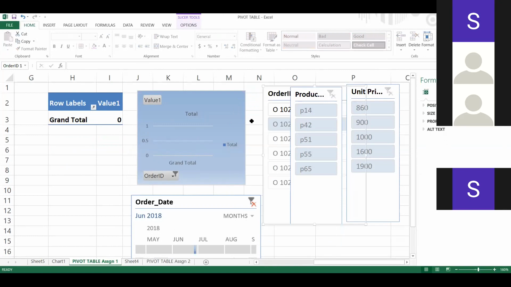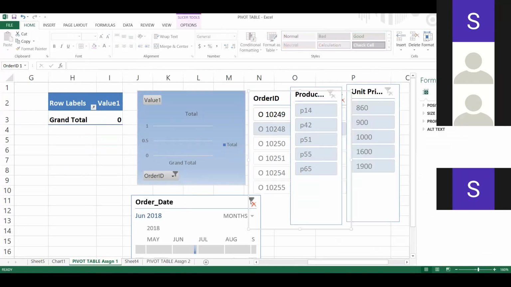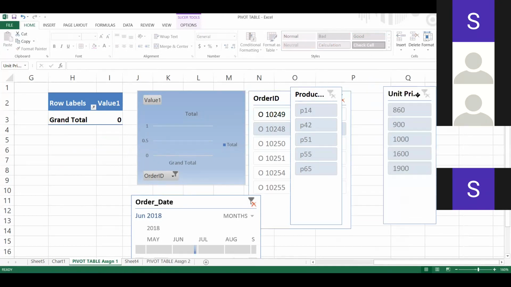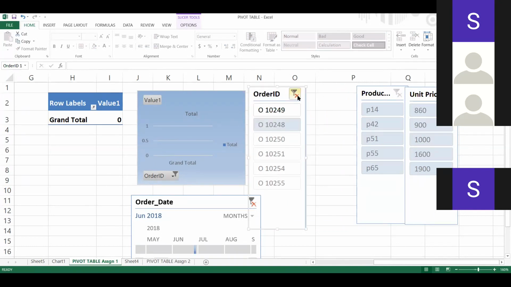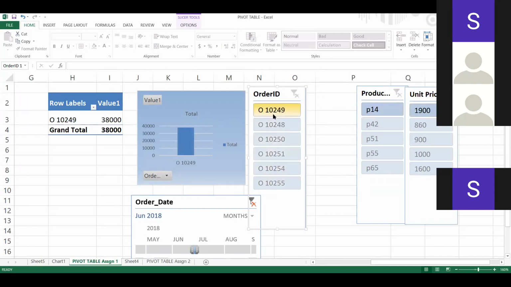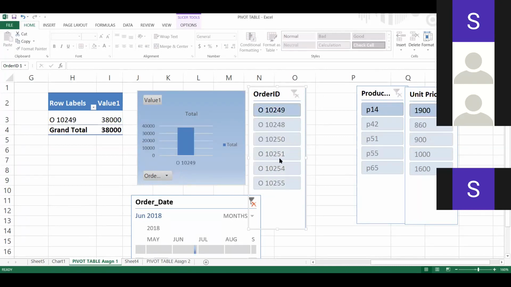this place is a little small, so I need to adjust it. Just a minute. I'm removing this. So now everything is linked. As soon as I click on any item, my chart, my pivot table, everything is connected.